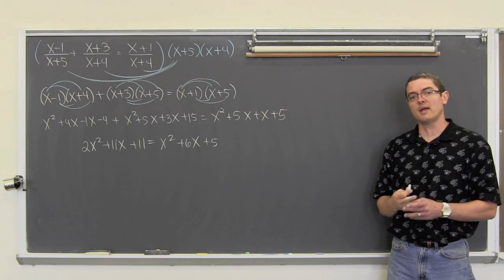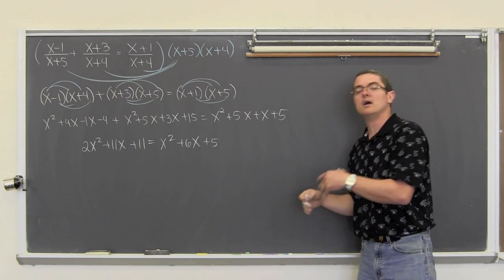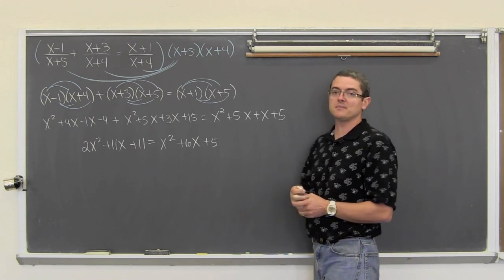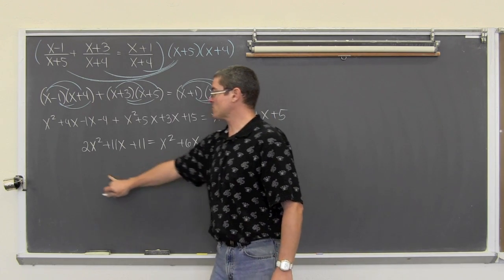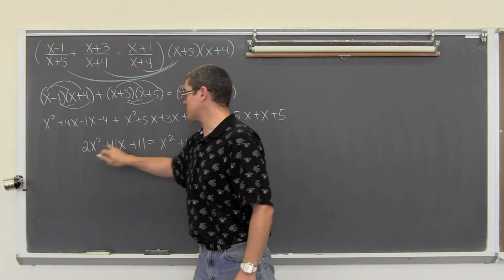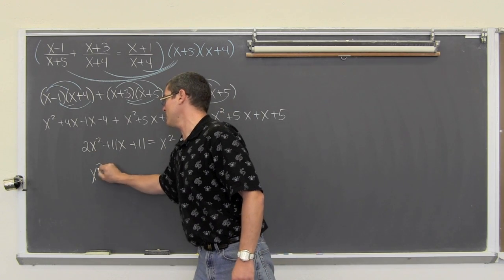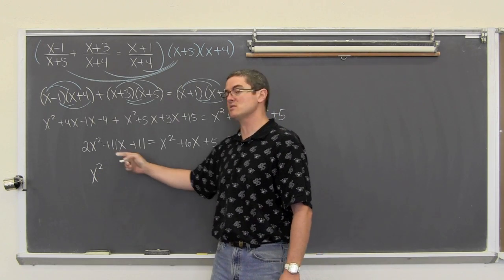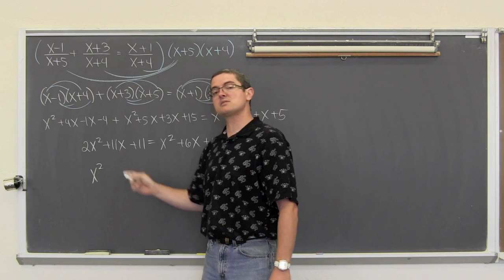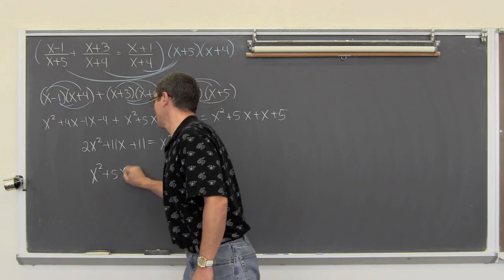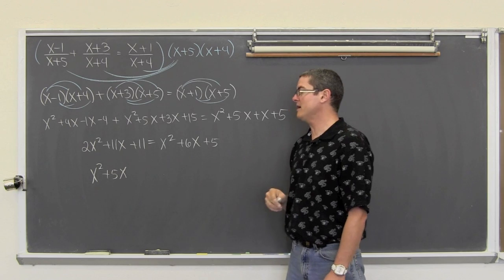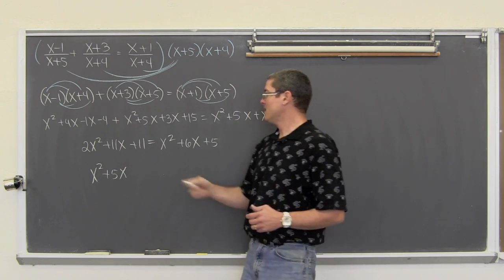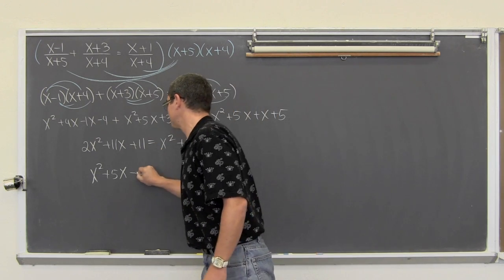Okay. Now see, I have second degree terms and first degree terms, so I'm not going to be able to isolate x alone. That means we need to get this equation set equal to 0 and then either use completing the square or factoring or the quadratic formula, something to finish attempting to solve this problem. We're going to bring this x squared over with subtraction, so that's going to be 2x squared minus x squared is 1x squared. We're going to bring this positive 6x over again with subtraction, so 11x minus 6x is going to be 5x. And then finally, 11 minus 5, because that's positive as well, so we need to bring it over the equal sign. We always do the opposite math operation. So 11 minus 5 is equal to 6.